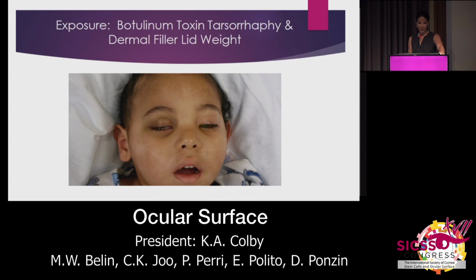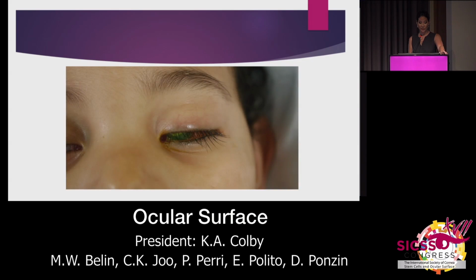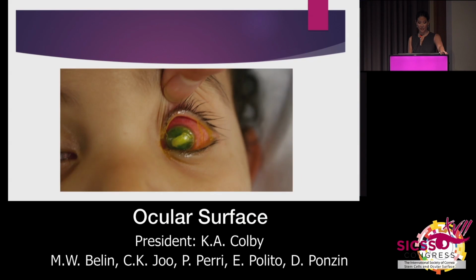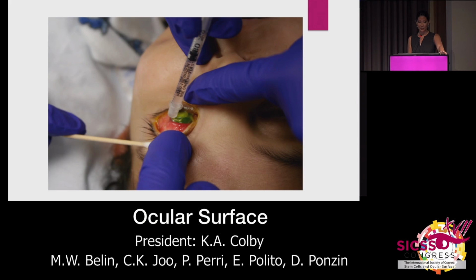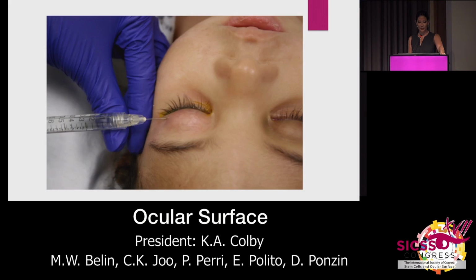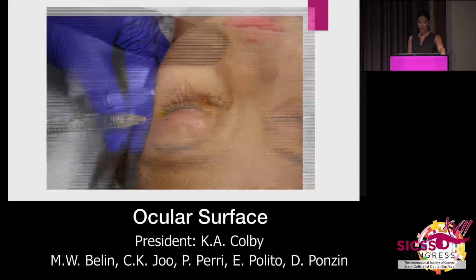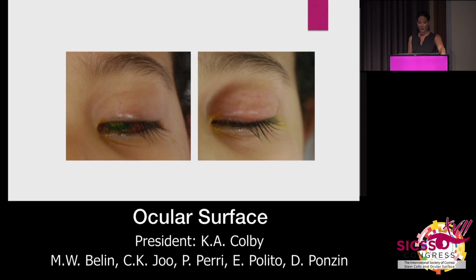Just real quick, some other things that you could do for exposure in kids or adults who can't undergo surgery. These are non-surgical management. You could see that there's quite a bit of exposure keratopathy there. This is use of botulinum toxins to drop that levator, decrease the actions of the levator aponeurosis to work as a tarsorrhaphy, and then dermal filler as a weight, as a lid weight. So I inject it on the upper, I inject it on the lower,